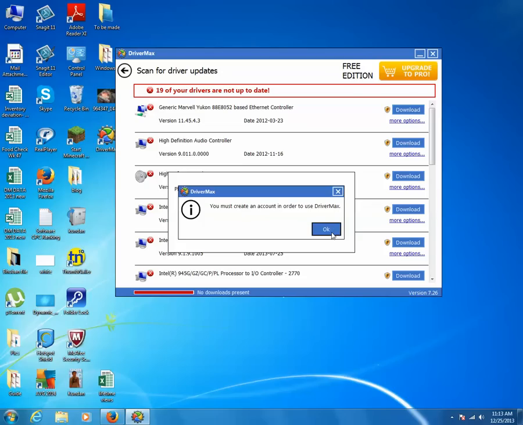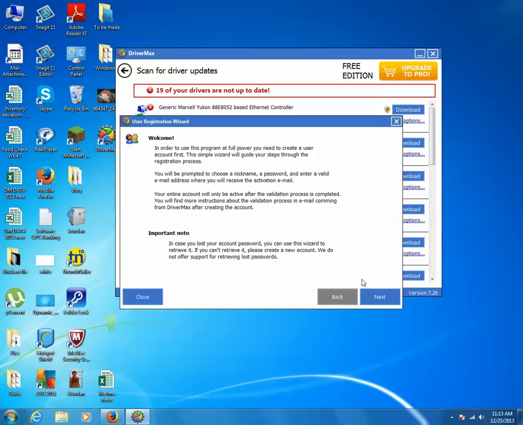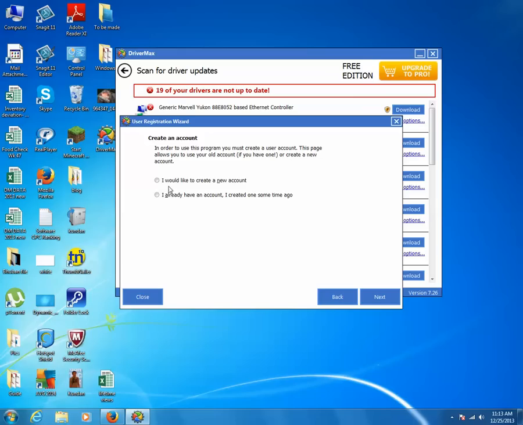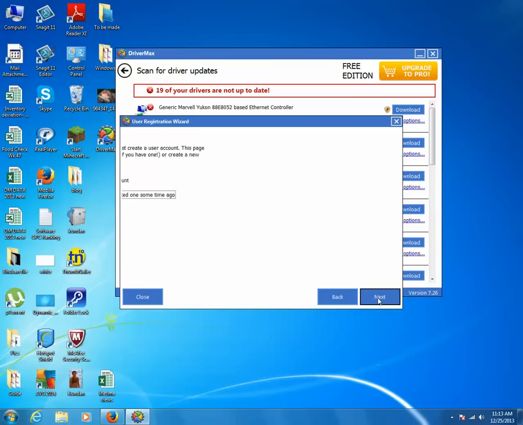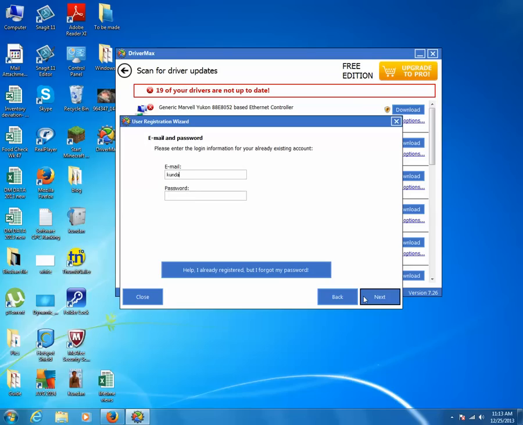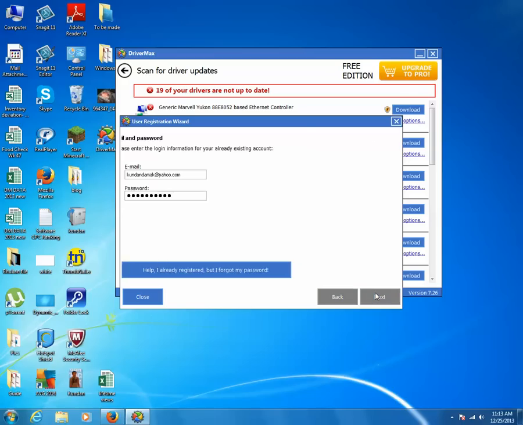It is showing me that you must create an account in order to use Driver Max. I'll just click on OK, and then I'll click on next. Now if you want to create a new account, you need to select this one. If you already have an account, select this second one. So I already have an account in DriverMax, so I'll just enter my login ID and password and click on next.